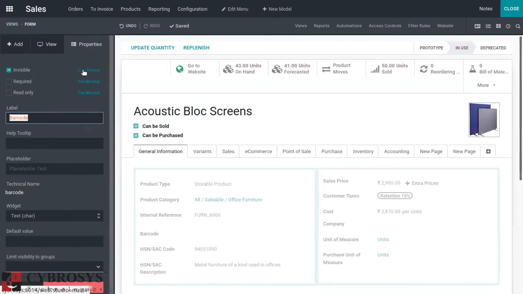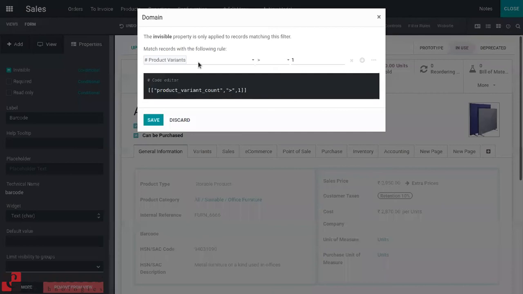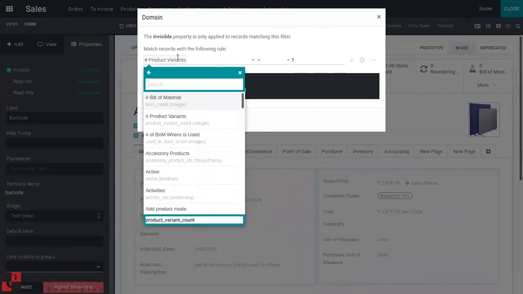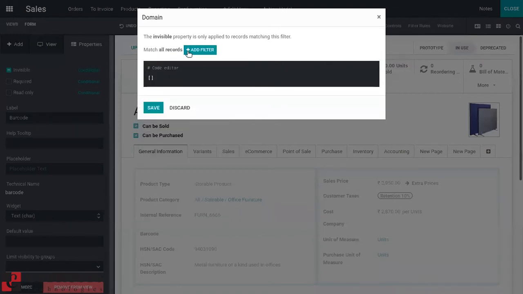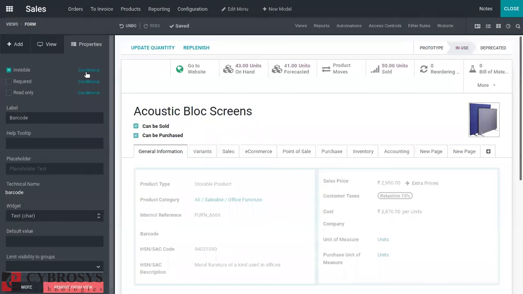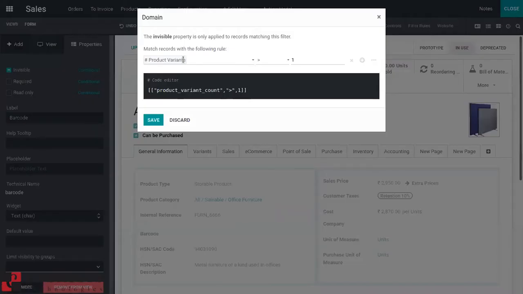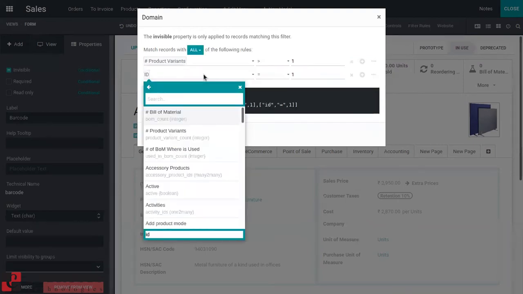Like I want to make this field invisible. We already have a domain set, like product variants greater than 1, made invisible. If you want to add a new filter, you can just click on Add Node.